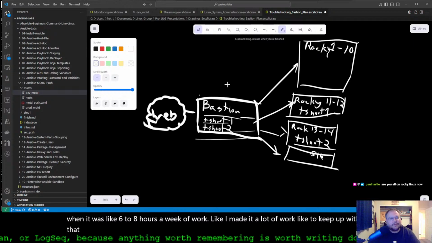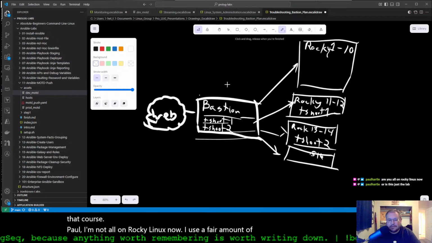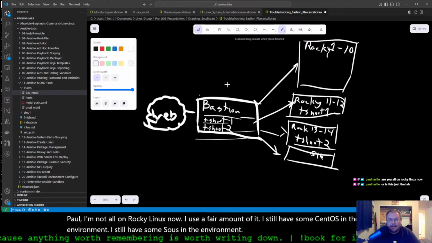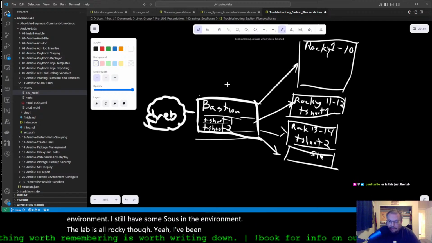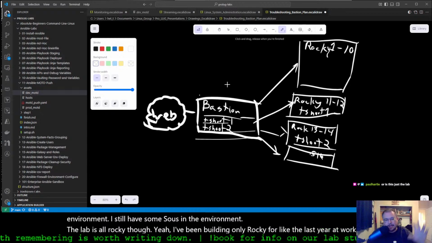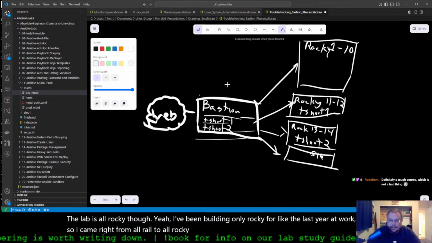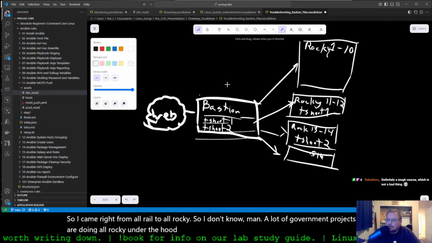Paul, I'm not all on Rocky Linux now. I use a fair amount of it. I still have some CentOS in the environment. I still have some SUSE in the environment. The lab is all Rocky, though, yeah. I've been building only Rocky for like the last year at work, so I came right from all RHEL to all Rocky, so I don't know, man. A lot of government projects are doing all Rocky under the hood, so yeah,